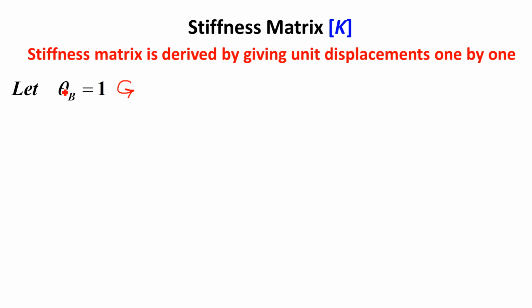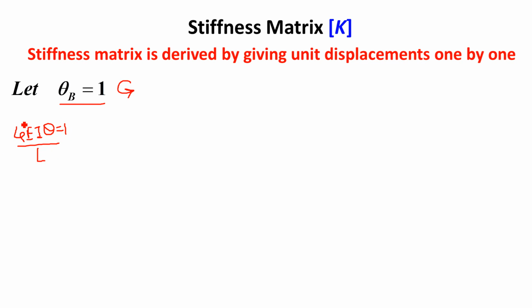To draw the figure, we have to give the unit rotation at point B in anti-clockwise sense. So understand, to rotate joint B in anti-clockwise sense, we have to apply a moment at joint B in anti-clockwise sense, because moment is the action corresponding to rotation. So if you want to rotate, you have to apply moment. Now since this rotation is unity, since theta B equal to 1, the moment required to give the rotation is actually 4 EI theta by L. 4 EI theta by L is the value of moment required to rotate any joint. But since our theta is equal to 1,